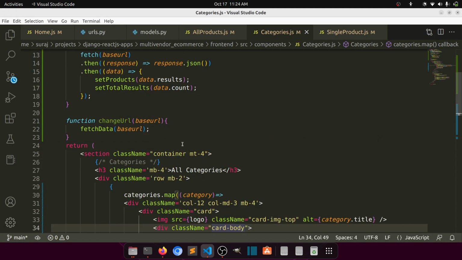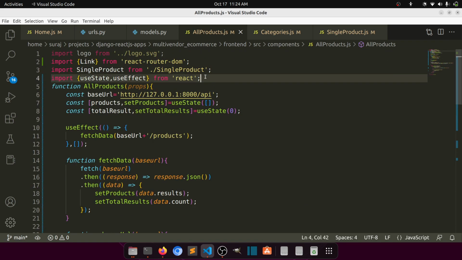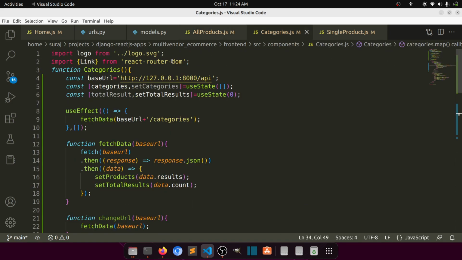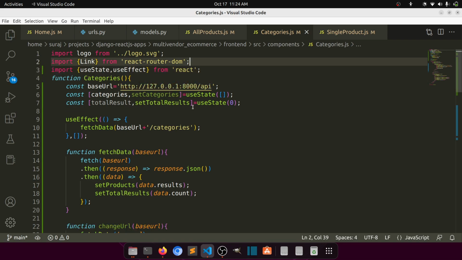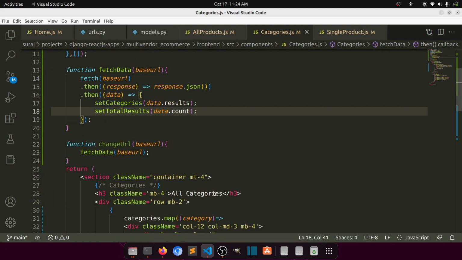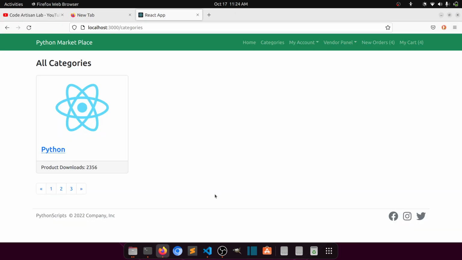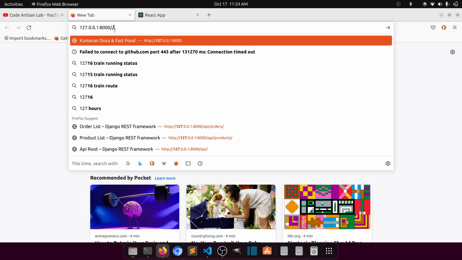okay, use state is undefined. This is correct because we have not imported this. Single product, we don't need this single product, we just need use state, use effect. So set products is not defined, so we need to change this to set categories, right. Everything else is okay. Yep. So this is showing the Python. So let's see what we have in the category,